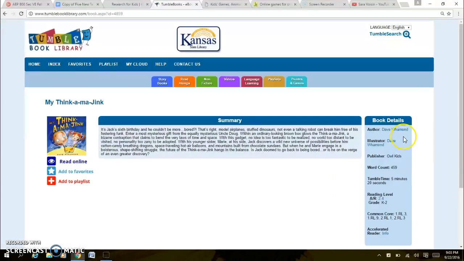Over here it tells you the author, the illustrator, publisher, word count, and how long it is. I like that so that you know how long you have if you're on a time limit, because some of them are really long, some of them are shorter. It also gives the AR reading level and the grade levels that it's appropriate for. It also lists Common Core standards that this book aligns with. And if we come over here and click on the book,